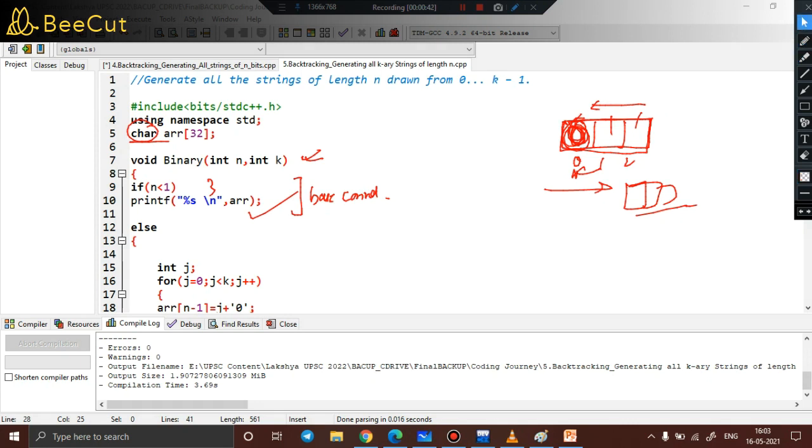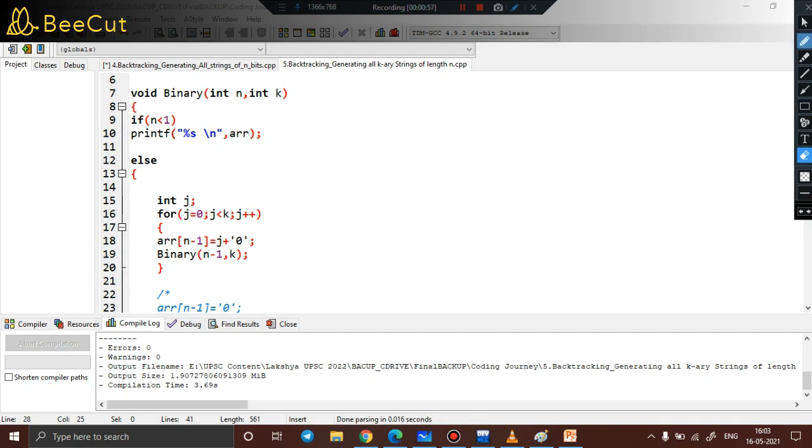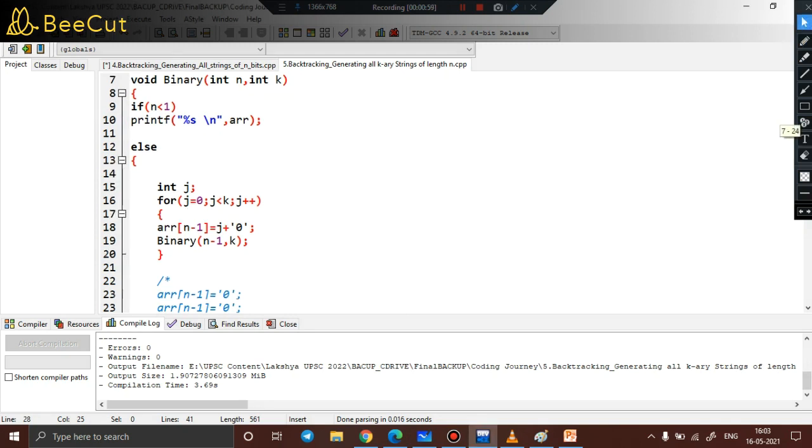What about the else part? Again, just now we had an intuition of how it is actually working. So the same thing is written here in the code. Now I would like to show you one thing. If you ask whether writing the for loop is mandatory or not, then I would simply say yes, it is mandatory if the value of k depends upon the user.